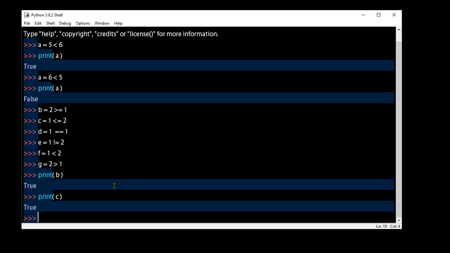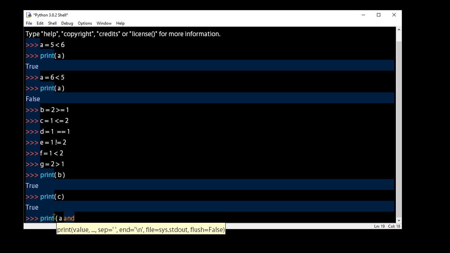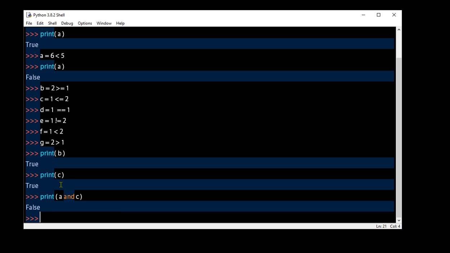Alright, so now I'm going to teach you guys about logical operators. Logical operators compare two variables in a way. By variables, I mean true and false variables that hold those two values, respectively. So in this case, variable B holds true, right? And C holds true. Okay, so say we were to print A and C. Notice that and has been highlighted a different color because this is an operator. It's going to print false